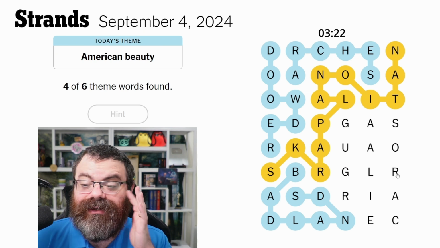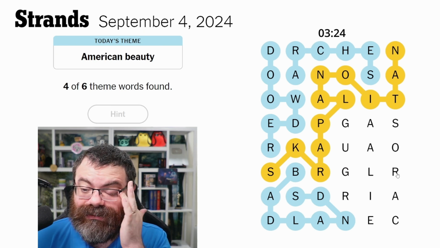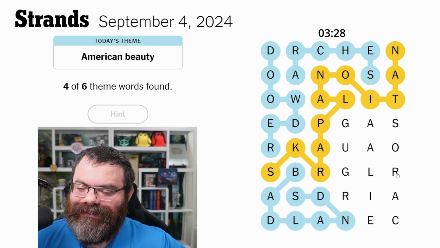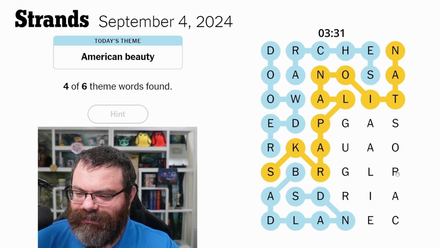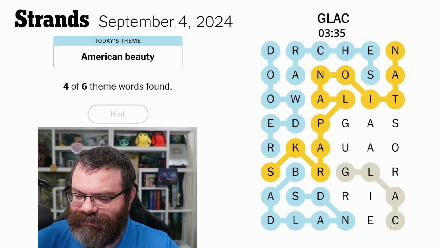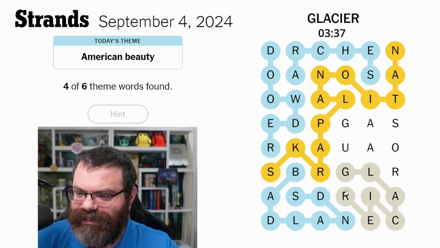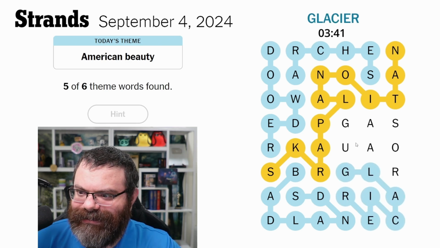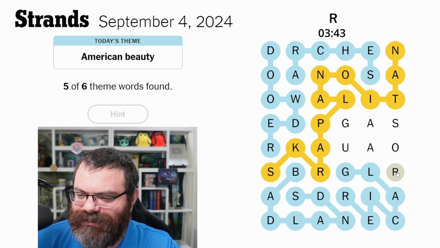I'm not familiar enough with all the national parks. Like I know the big ones, but it's not going to be Yosemite. Maybe like glacier? Glacier. There it is. Did I spell glacier right? I hope I did. Okay. I wasn't sure if it was IE or EI. So what is this one? Rosagua.